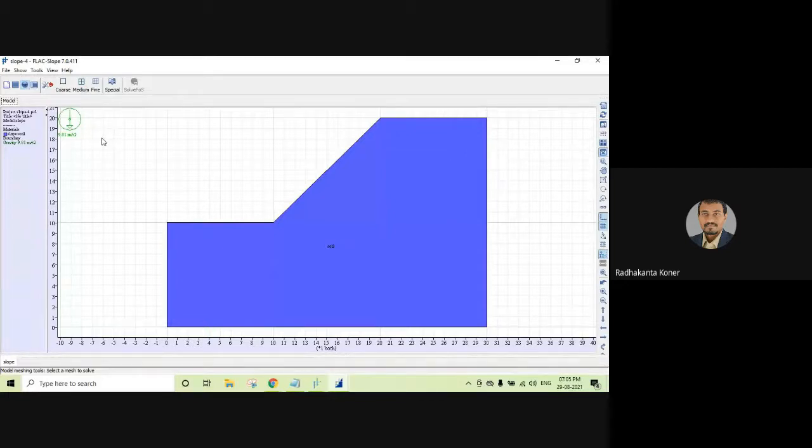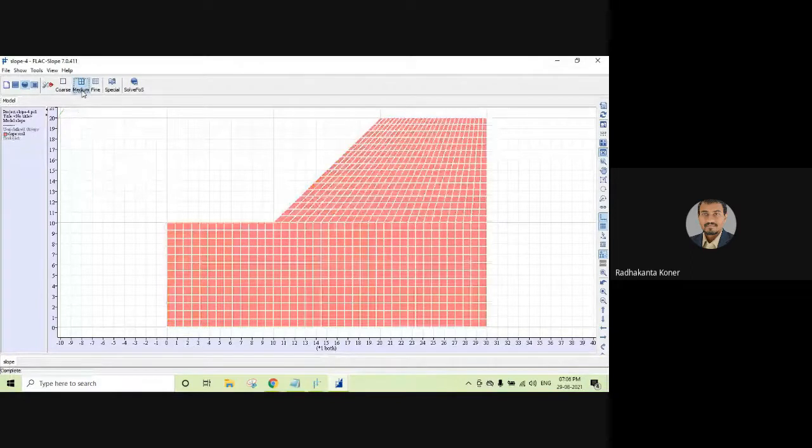In the first hands-on module demonstration, on the first line we mentioned the grid is 10, 10. That is 10 grids on the horizontal side and 10 grids on the vertical side, and the length of the horizontal side is 2 meters, meaning 200 centimeters. So 10 grids means 20 centimeter grids. Each grid size is 20 centimeter by 20 centimeter, so one zone comprises 20 centimeter by 20 centimeter. This is called the grid size. So here you click the medium one.